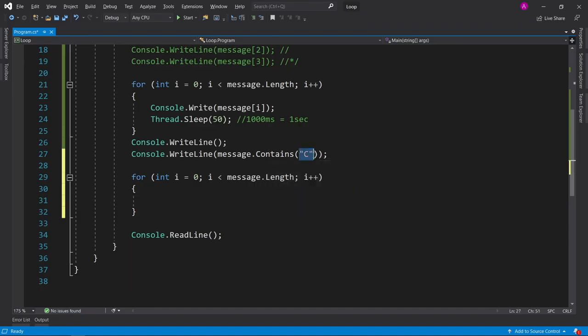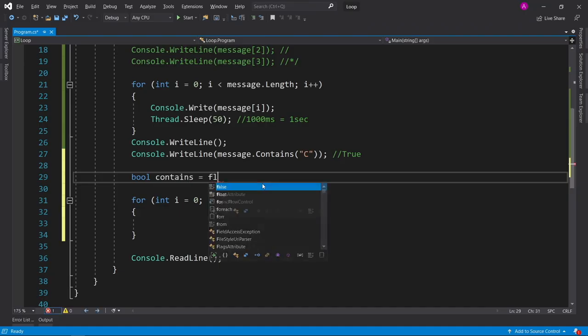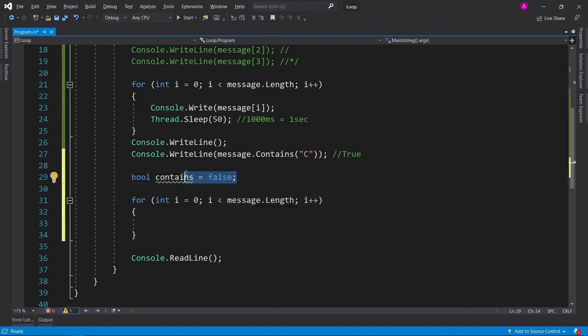If C is inside our message, then this will return true. And we know this is true because we just outputted it to the screen and we can see this visually. So what we need to do is loop through our message and try to figure out if we can find C inside our message, and then we can give back a value of true. So maybe we can do a bool contains equals false. And the reason why we initialize it to false is because